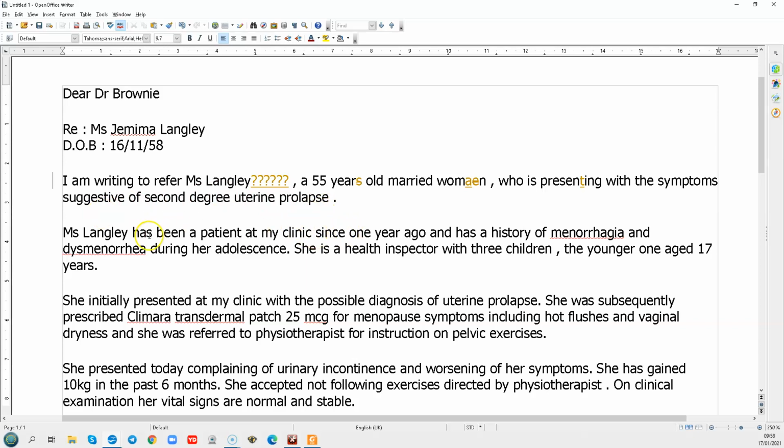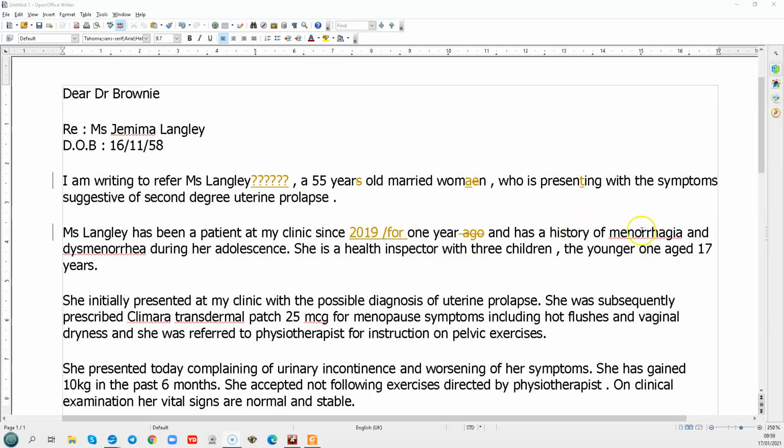Now, if you're using present perfect, you either use for or since. So, since is a date. So, 2019 if it's a year ago. For 1 year. Okay, so if you're using present perfect or present perfect continuous, we usually have a date. For or since, okay? So, she's been a patient since 2019 or for 1 year.